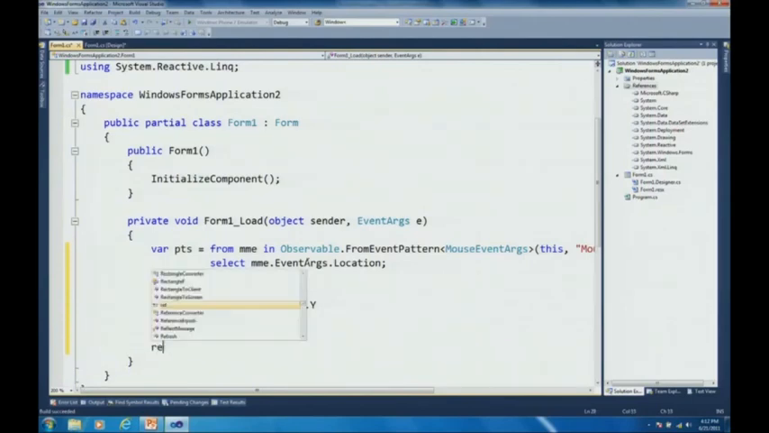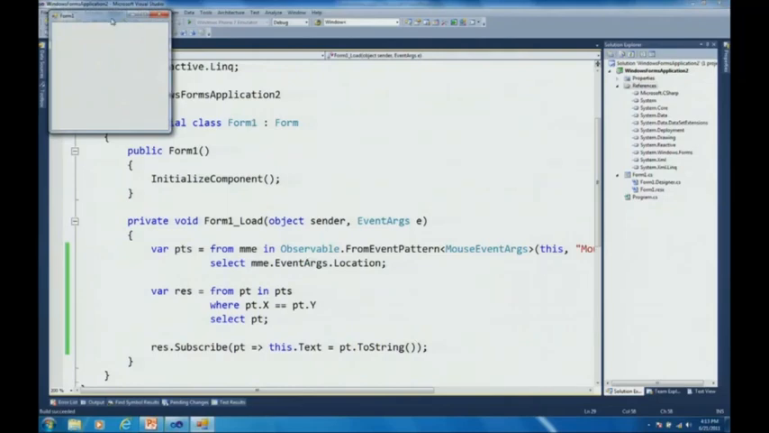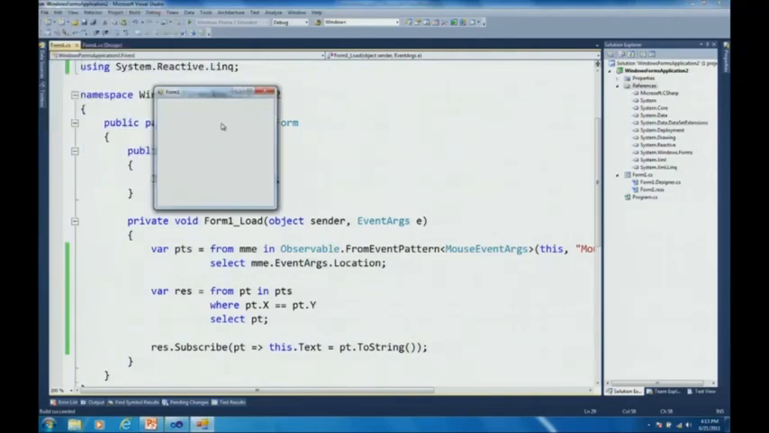So now that I have that, I can subscribe to that. And let's put the coordinates in the title bar of the form. So let's say point goes to this.text equals point.toString, and fingers crossed that there is some good toString implementation on system drawing point. So let's take a look whether this works. I can hover over the form, but nothing is happening here unless I hit the first bisector of the form. As you can see, I see the events coming out where x and y have the same